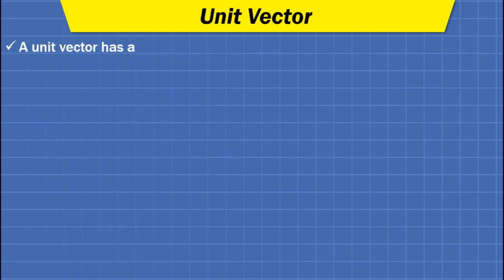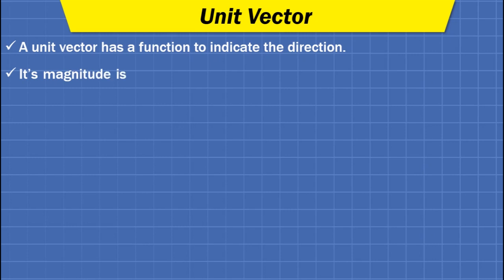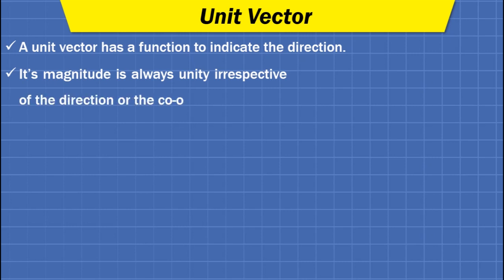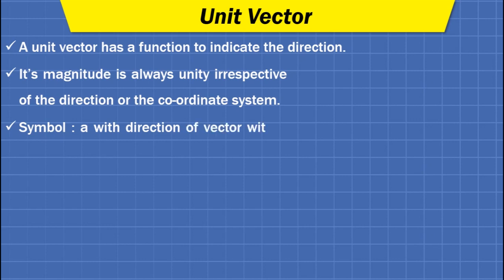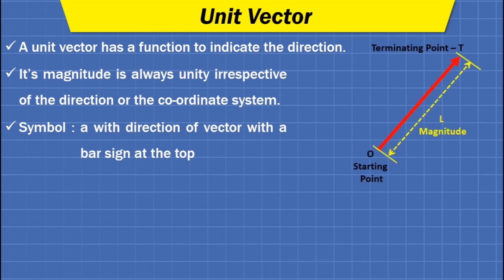Then unit vector. A unit vector has the function to indicate the direction. Its magnitude is always unity irrespective of the direction or the coordinate system. The symbol is a small a with the direction of the vector and a bar sign at the top. So for the same vector that we have just represented in free space, that is vector OT, fine, if we want to represent a unit vector in the direction of OT, then we can plot a small vector with unity magnitude, fine, and it can be symbolized as